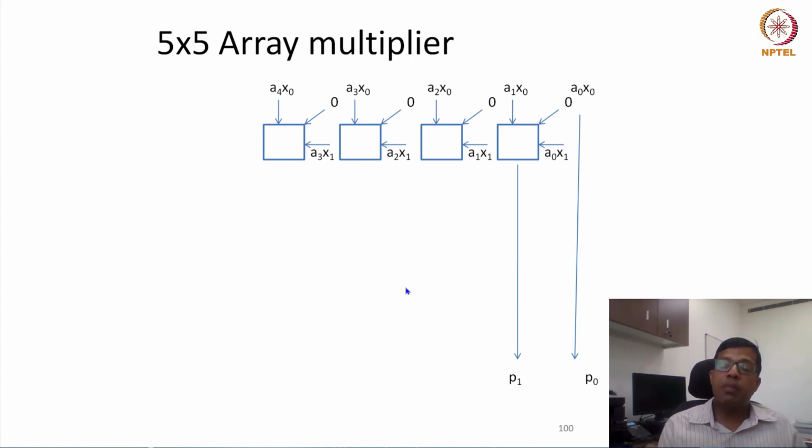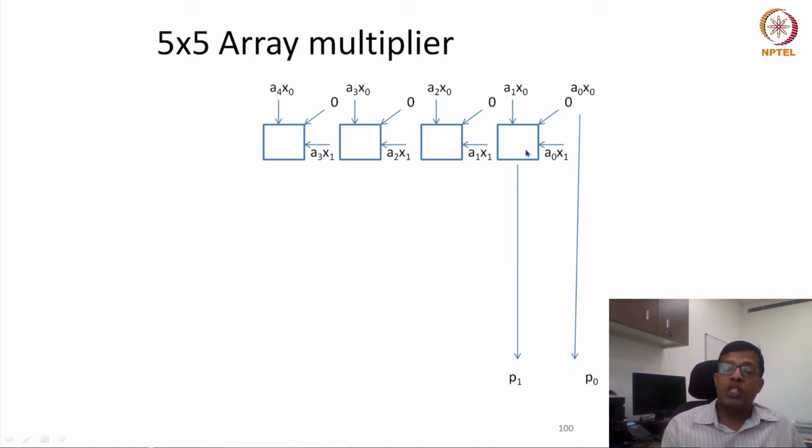Now since x is my multiplier, a is my multiplicand, in the first stage here also I am trying to use the same word stage, but the meaning is slightly different here. In the first stage, I am adding two partial products. So a0, x0, I am doing an AND gate, and x0 a1, x0 a2, x0 a3, x0 a4. So this is the first partial product. The second partial product is x1 a0, x1 a1, x1 a2, x1 a3. Where is x1 a4? It would come later. Let's see.